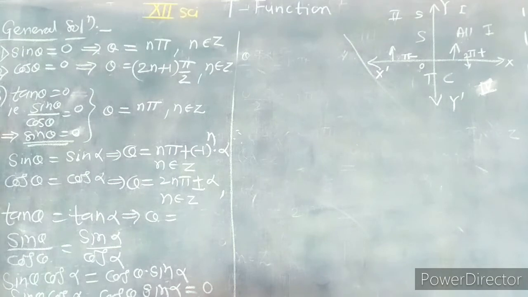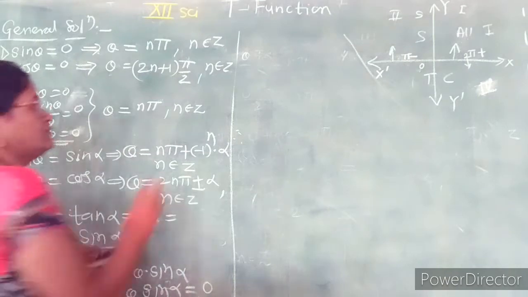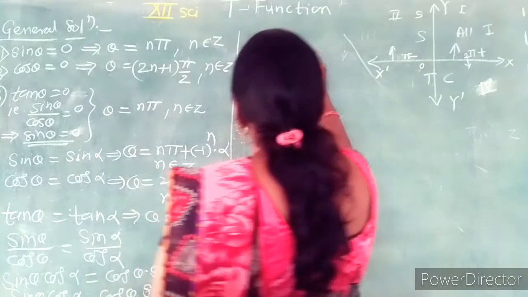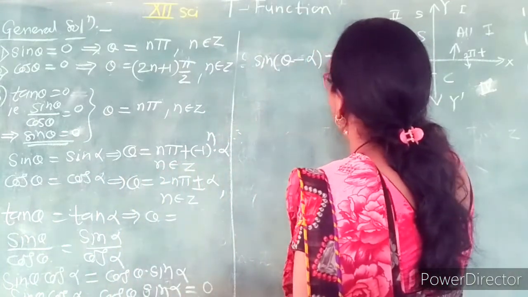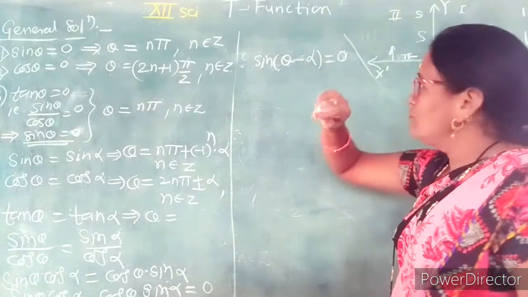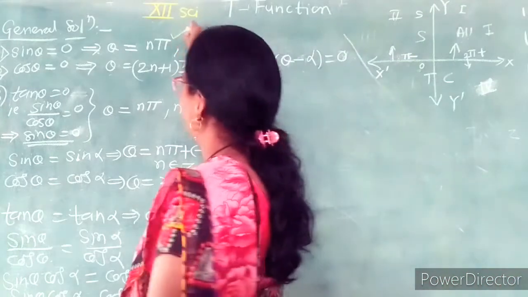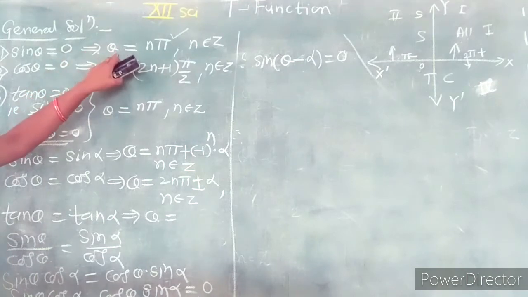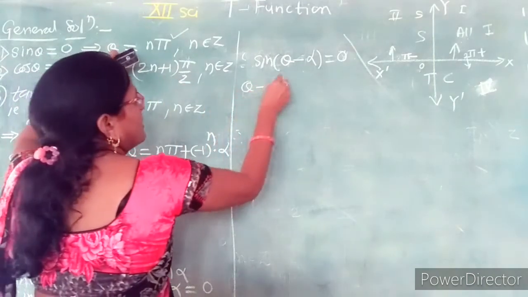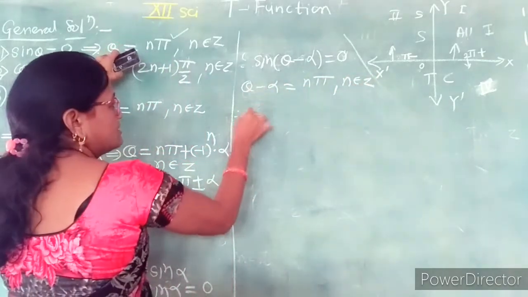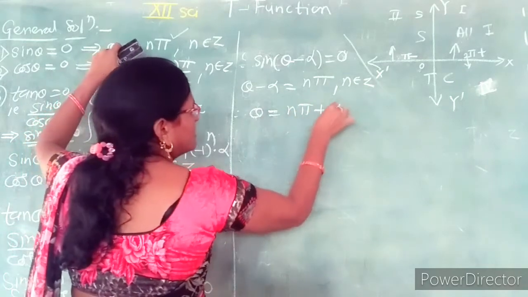But this is the compound angle formula for sin, because the ratios are dissimilar. The first angle of sin is theta, so we get sin of theta; the sign is minus, so we take the similar sign, and the second angle is alpha, which is equal to 0. What is implied? Sin of (theta minus alpha) equal to 0. So again compare this equation with the first trigonometric equation, whose general solution is theta equal to n pi. So theta minus alpha is equal to n pi, n belongs to Z. So theta is equal to n pi plus alpha.